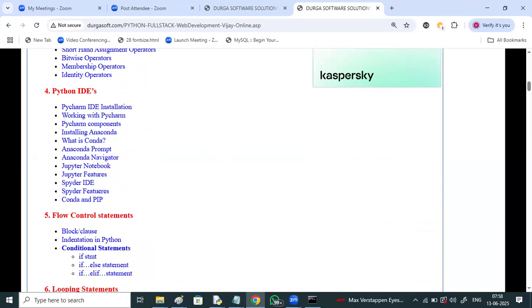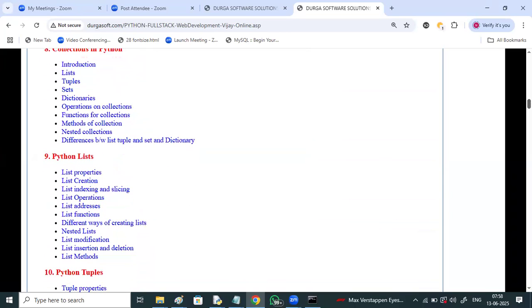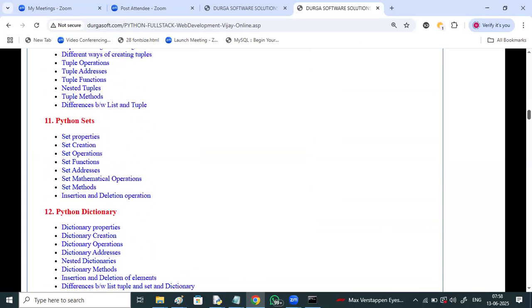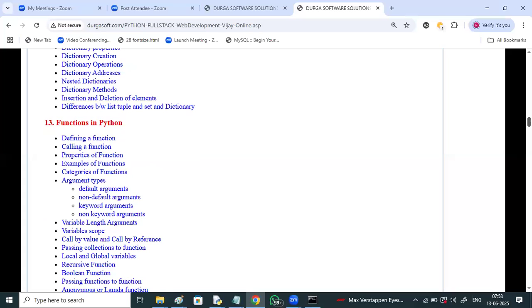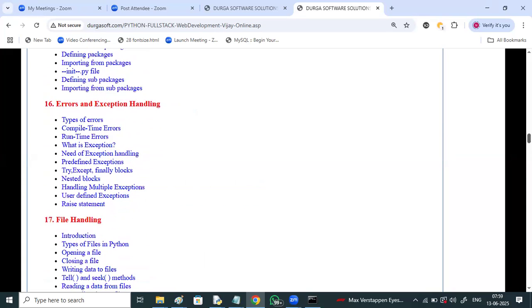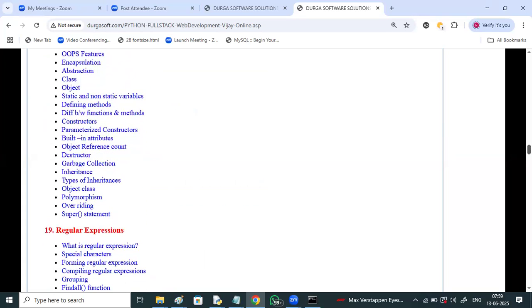Spyder, Eclipse, NetBeans, flow control statements, looping statements, strings, collections, Python lists, Python tuples, Python sets, dictionaries, functions in Python, different categories of functions, argument, default argument, non-default, keyword and non-keyword, types of functions, lambda function, map function, filter function, reduce function, zip function,